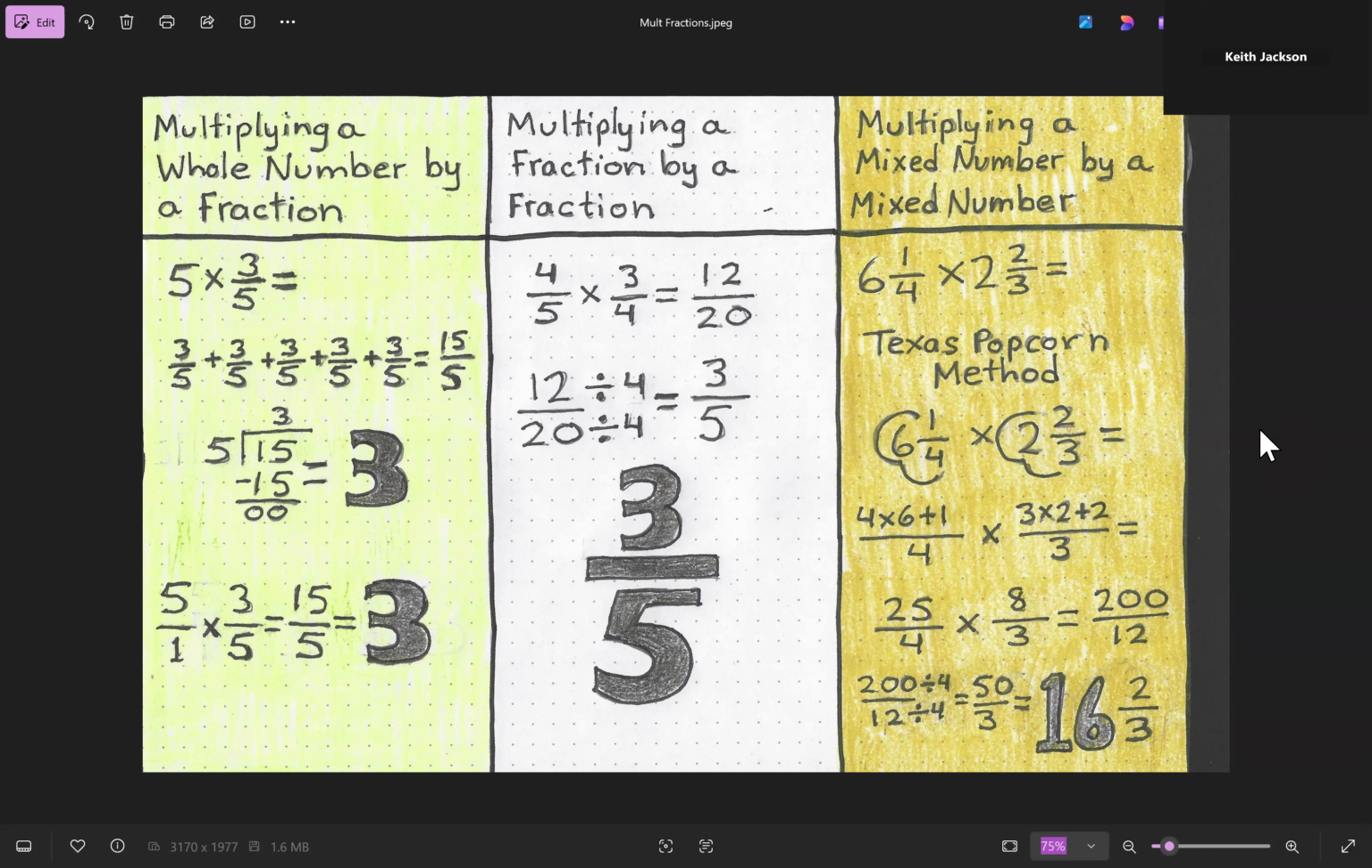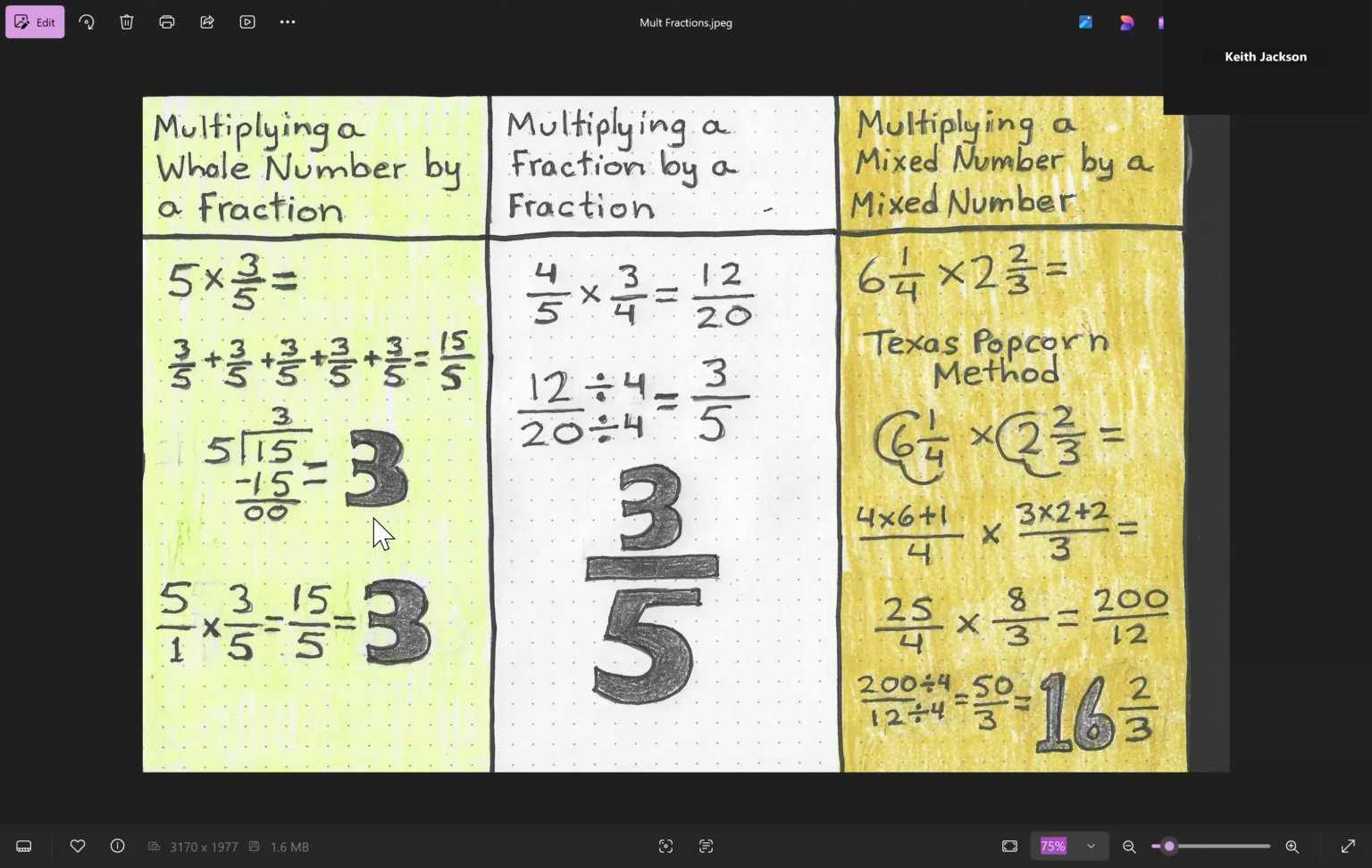All right, let's go back to multiplying a whole number by a fraction. In this case, we have 5 times 3/5, and we could just see it this way. All we have to do is just write 3/5 5 times. And when we do that, all we have to do is just add the numerators, because 3 plus 3 plus 3 plus 3 plus 3 will give us 15, and we keep the 5 in the denominator because the denominators don't change. And so in this case, we have 15 divided by 5, and that will give us 3